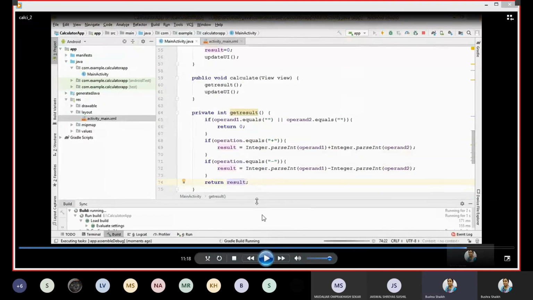This particular module, calculate, we had called it on the click event of the equal to button. Okay. So whatever value this result global variable holds has already been passed to the update UI method. So as soon as get result is clicked, after that update UI would be called. So whatever value result has now would be shown onto your screen.